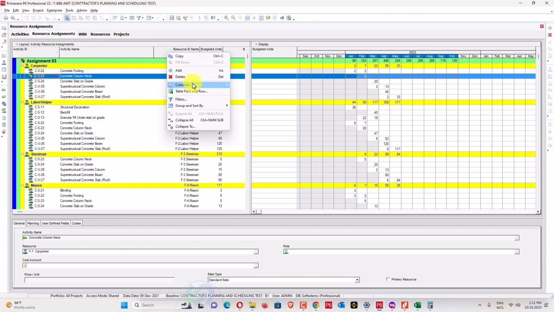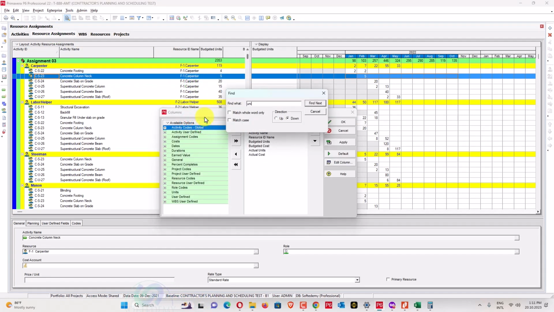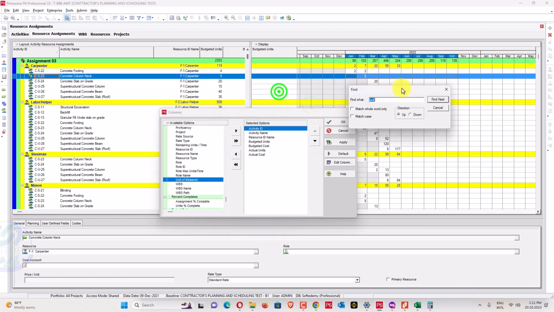I'll click here, column, unit of measure, unit. Okay, so this one is unit of measure. You can add here.